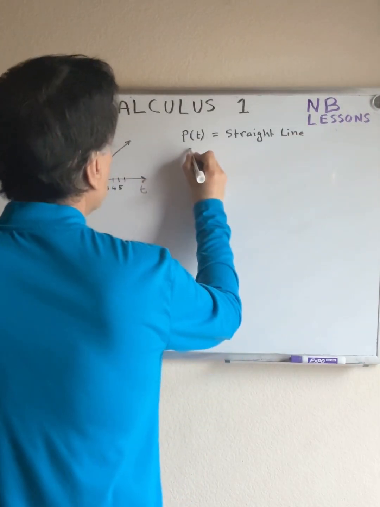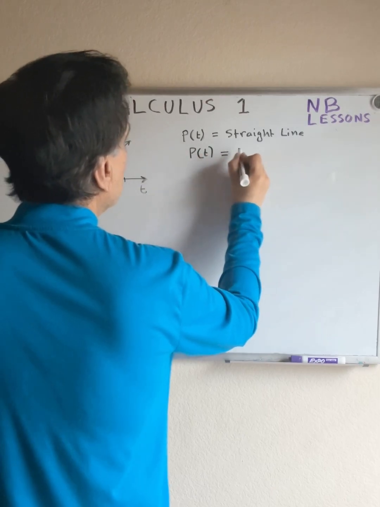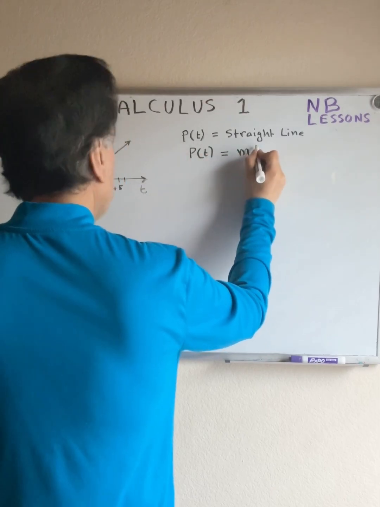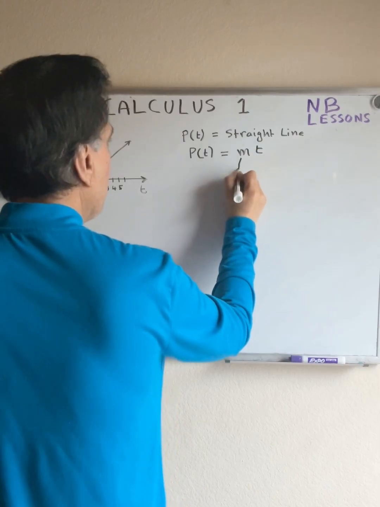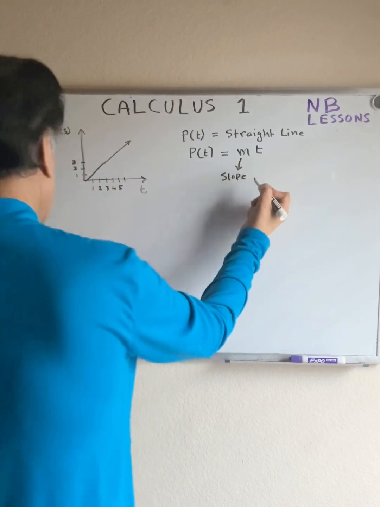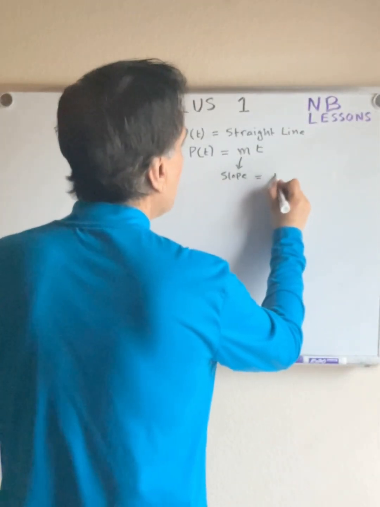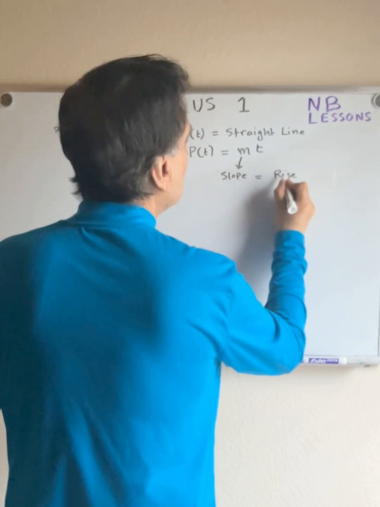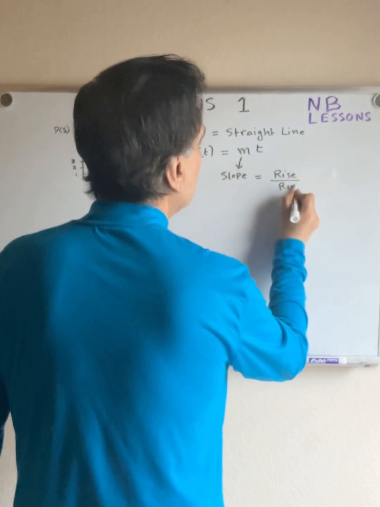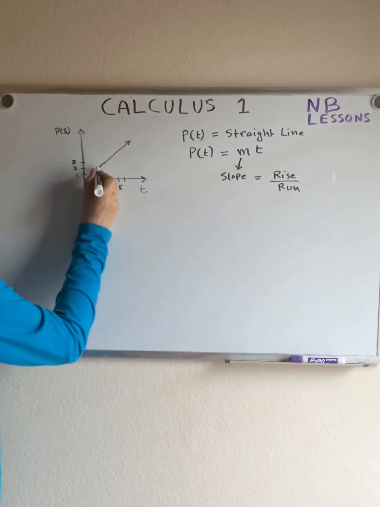Now let me ask you this. Do you recall this from your algebra? P(t) is equal to m t, where m is the slope. Okay, and what is a slope? I just explained to you. Slope is rise divided by run. You can confirm that right here also. You pick a point, okay,